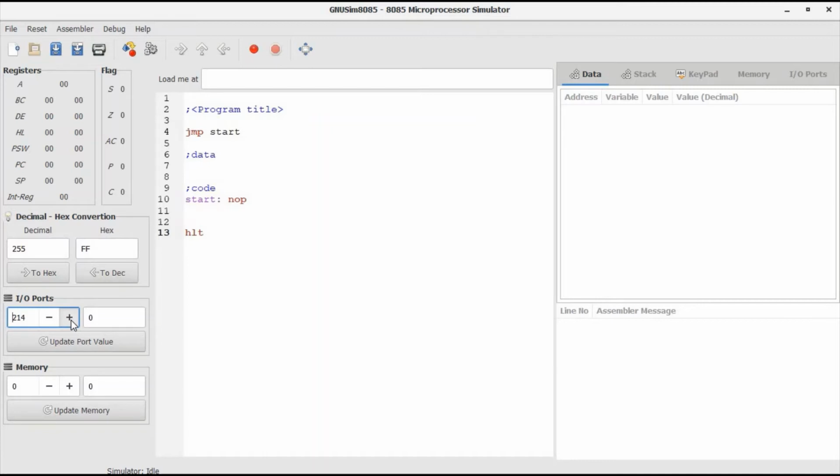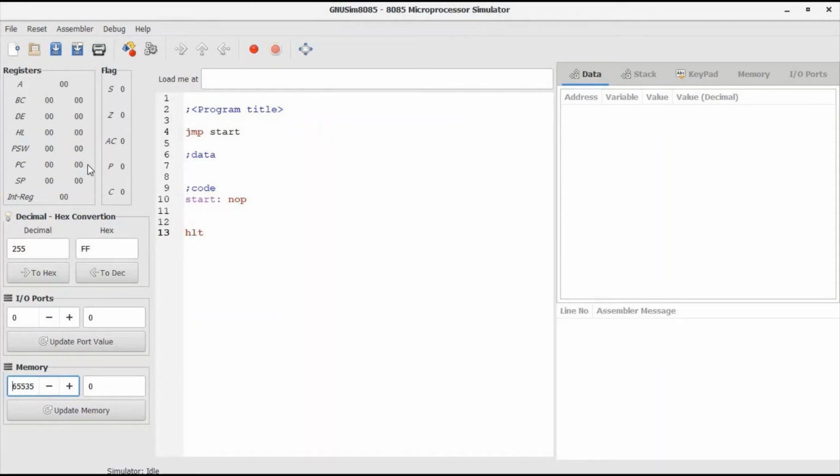Below this it is memory. This memory you can take from 0000 to FFFFH. You can increase this up to 65535. You can update the memory.